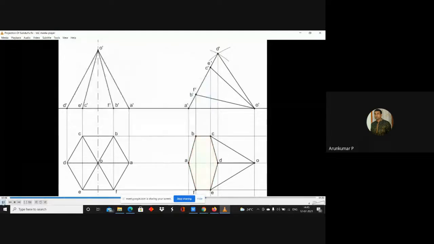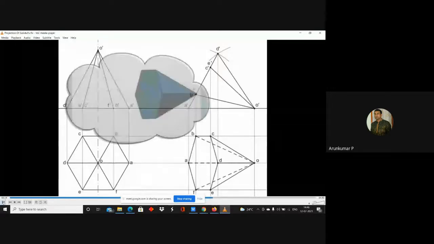Then whatever is not seen, you have to join them by hidden lines, as you can see. These are the edges OB, OA, and OF. These are the edges which actually exist, the lateral edges which actually exist. But since they are below this hexagonal base and these 2 triangular faces, these edges are not seen. So whatever entity is not seen means it is hidden. So we represent hidden entities by these dashed lines. So this is your second step, top view.